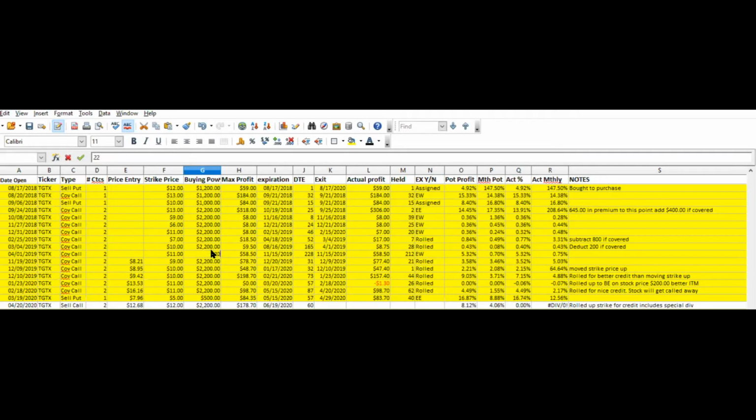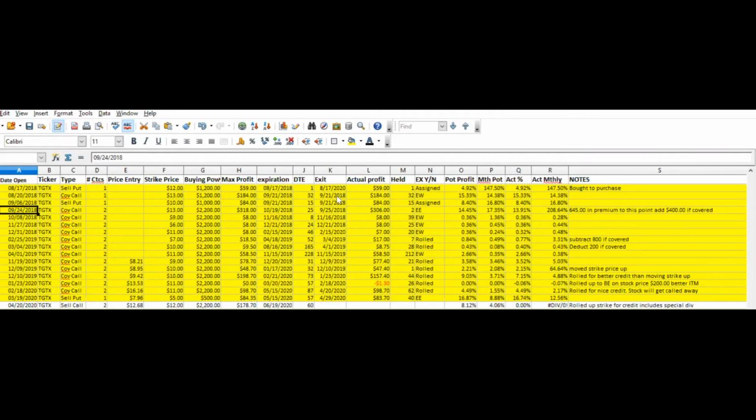That should be 2,200 there. I find mistakes as I go through these. I get going fast sometimes and don't fill this out as accurately as I should. So now I've got that. So on 9/24, this one has expired, and I've been assigned on that put, and I was assigned on the